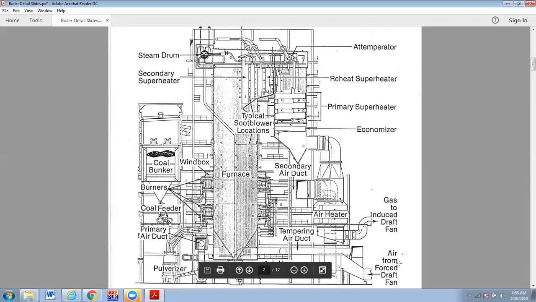At any rate, the FD fan, forced draft, means it's blowing into the boiler, is back here. I don't know why this little do-jigger keeps showing up. I hate it, but it does. Anyway, I guess I won't use that pointer. But we see where the air from the forced draft fan enters. It is ducted